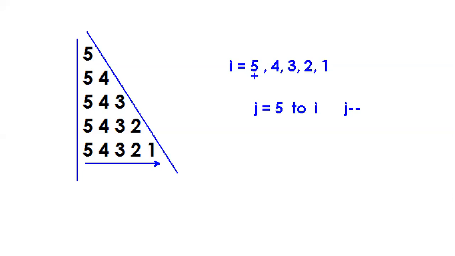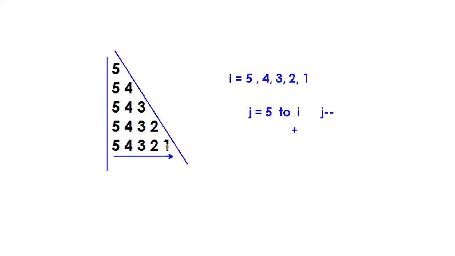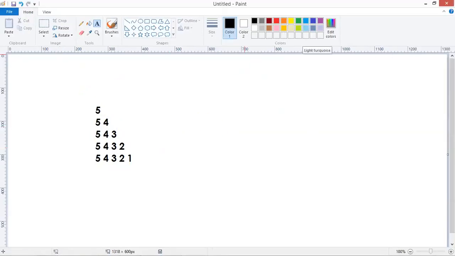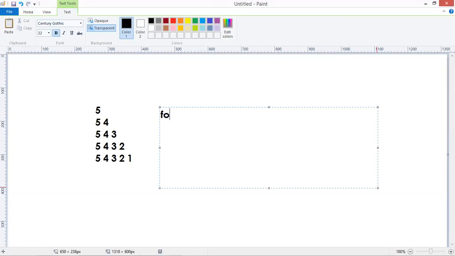Everyone, please. For loop, I value is 5, 4, 3, 2, 1, right? So I value starts with 5. Decreasing order: I is greater than or equal to 1, I minus minus.